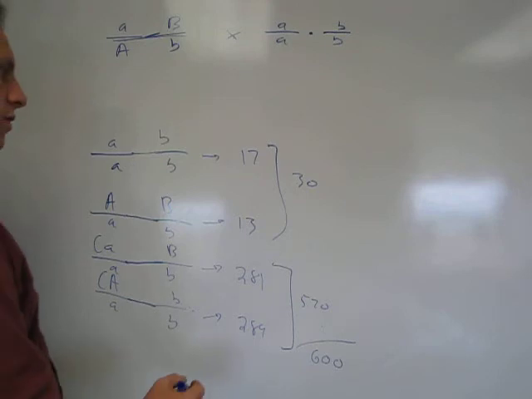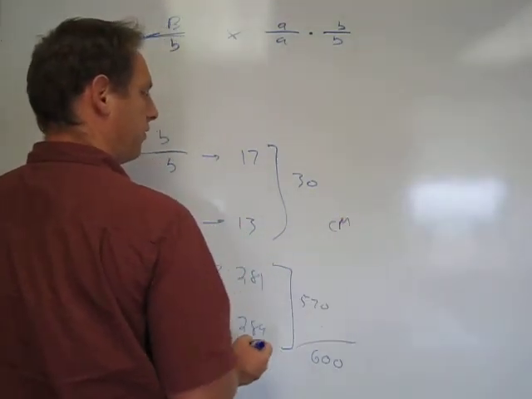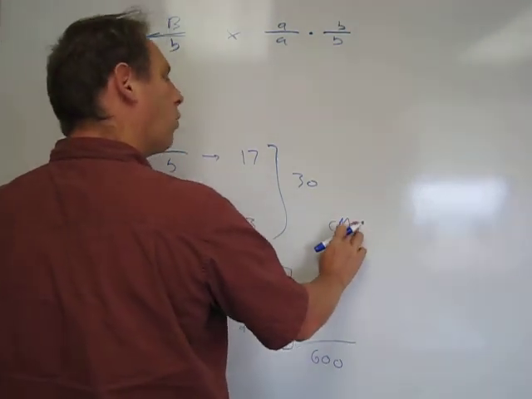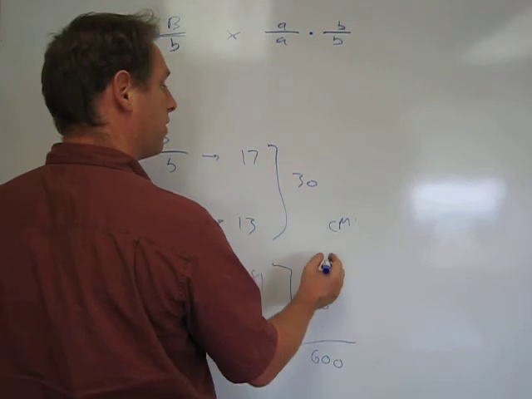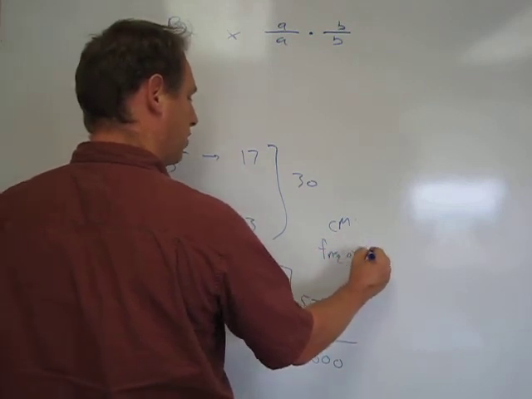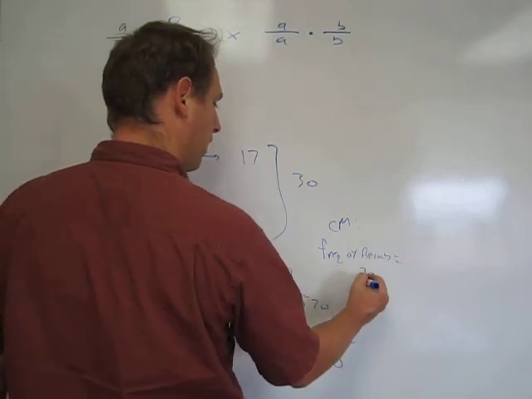Well, the frequency of recombination is equal to 30 divided by